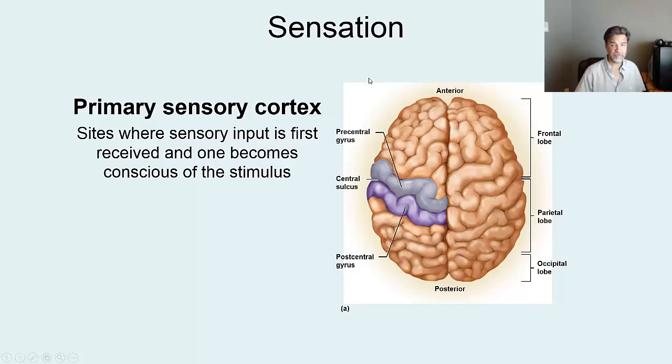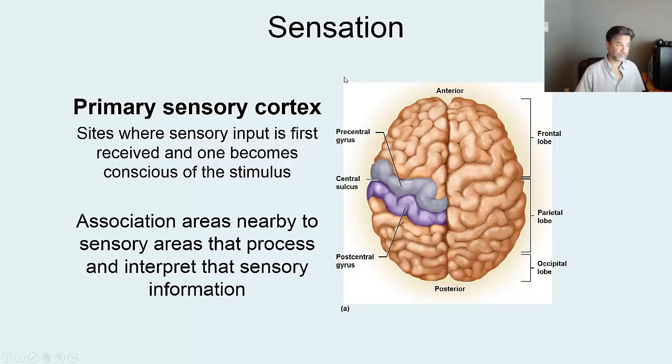This is where sensory inputs arrive. If you recall back when we were talking about ascending tracts, delivering sensory information, the first order neuron took information from the surface of the body and delivered it to the spinal cord. And then the second order neuron carried that information up the spinal cord to the thalamus, and then the tertiary or third order neuron carried that information from the thalamus to the particular region of the cortex that deals with that. And here we are in that particular region of the cortex that deals with that sensory information from the